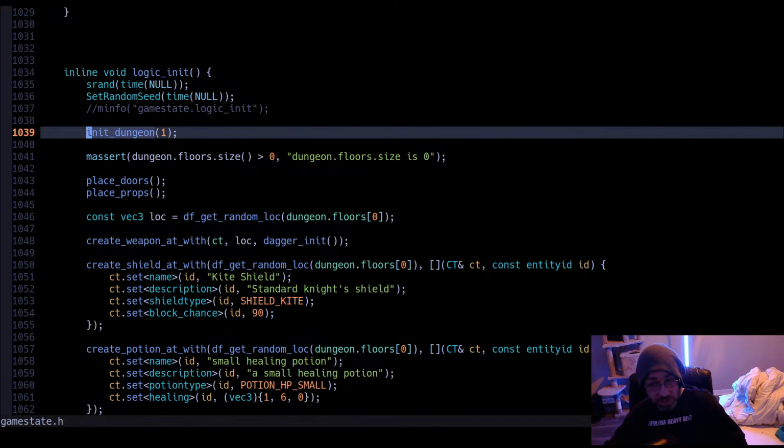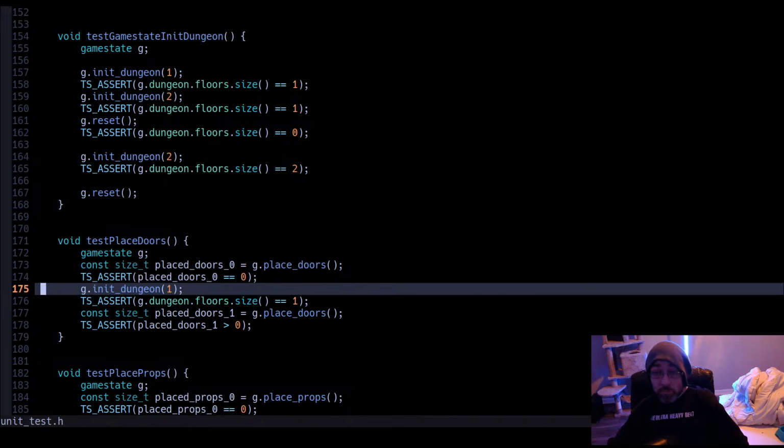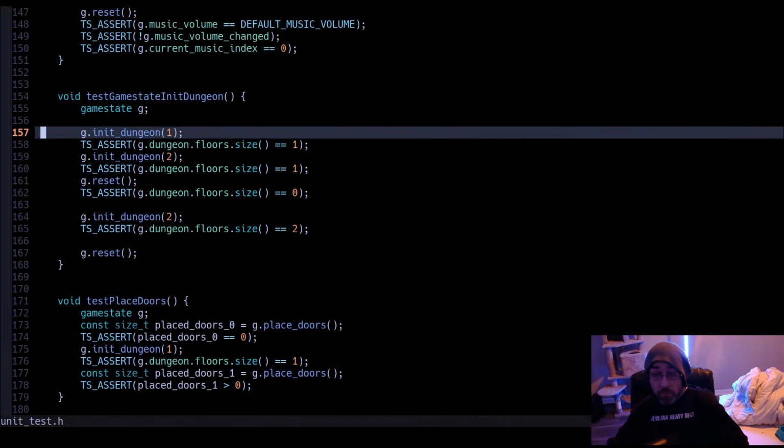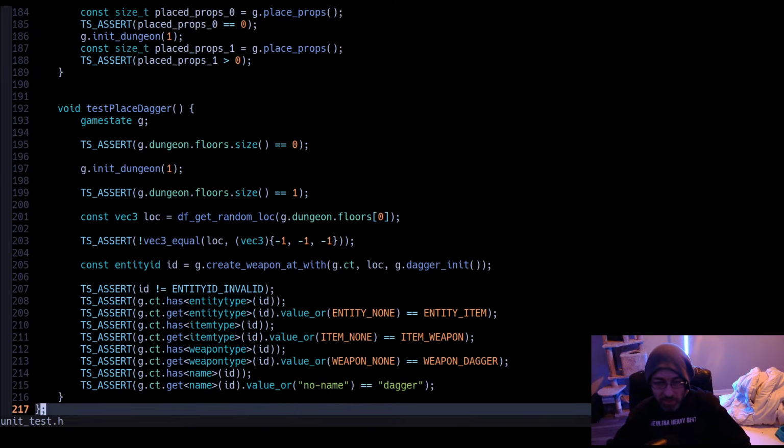That's the dungeon we were just in. We do that in a unit test right here. So once you've initialized a dungeon, you have to reset it before you can call it a dungeon again. I designed it that way on purpose because that way it's fresh every time you die. I'm gonna treat this like Dark Souls.